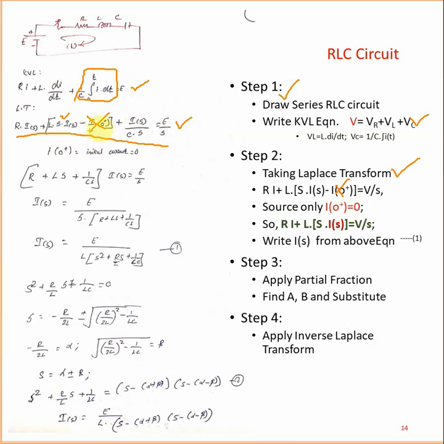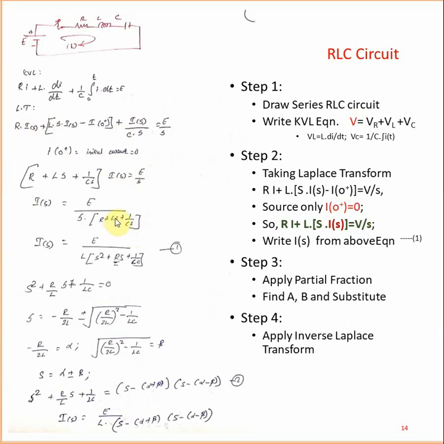Okay, so remove these. Then you can see here I of s is common, so move it outside: R plus L into s plus 1 by C s into I of s on the left, and then the right hand side. What I need is only I of s on the left hand side. This term you can move to the opposite side, coming as a denominator. Then after that, what to do? I want to keep it only.